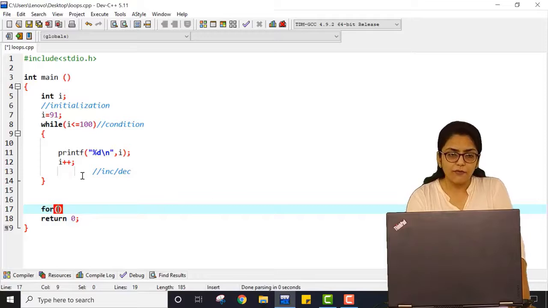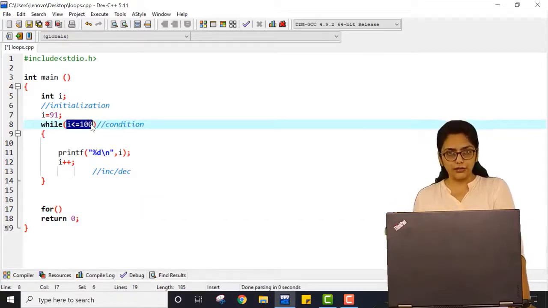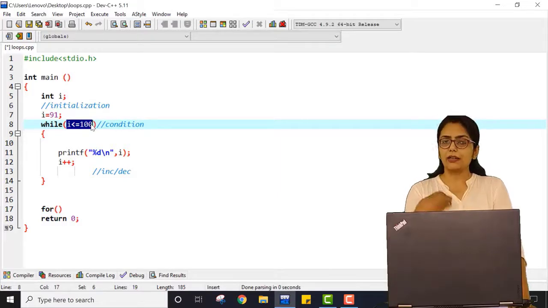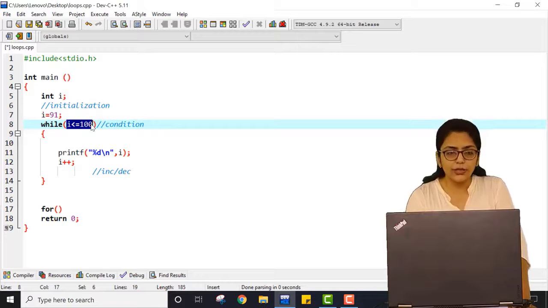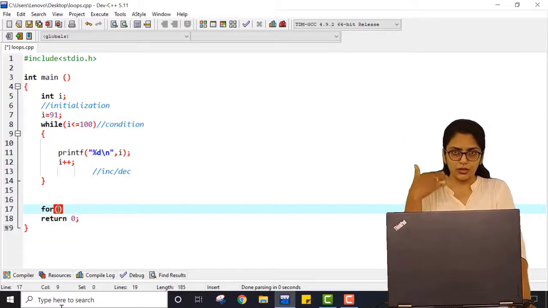See, if I want whatever is left over in I later, then I should not use I as another loop variable. But if I am not using this I again, then I can use I over here. So you can use I, J, K, anything inside this for loop if I am using two loops in one program.